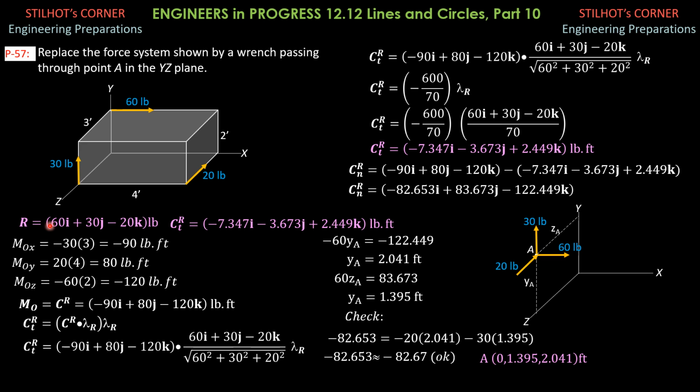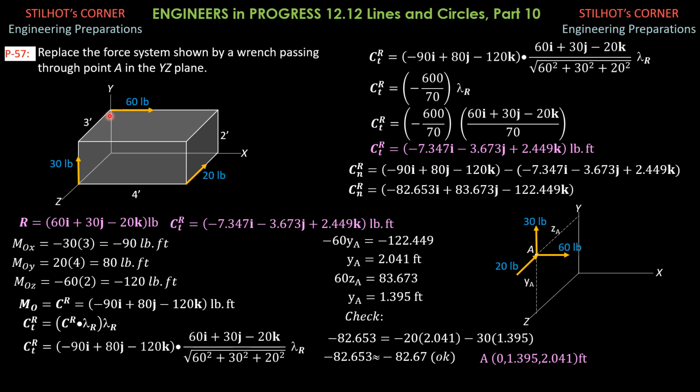So let's evaluate that first by computing, by scalar approach, the moment about x. Applying the right thumb rule, the positive sense gives negative 30 times 3, so negative 90 pound-foot. Then the moment about the y-axis, by positive sense in that manner. The 30 is parallel, no moment, just this 20 here, and it is positive 20 times 4, so 80 pound-foot.